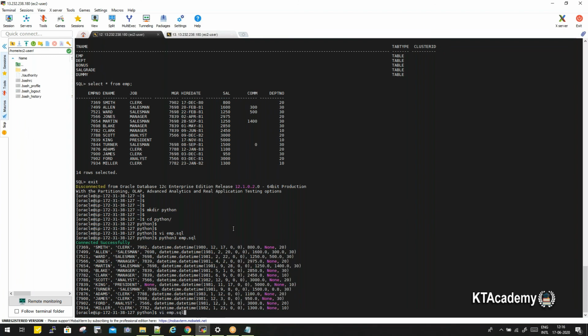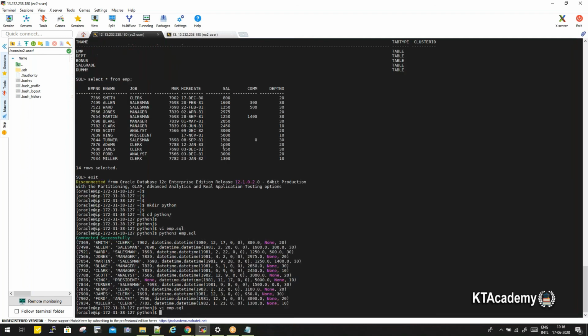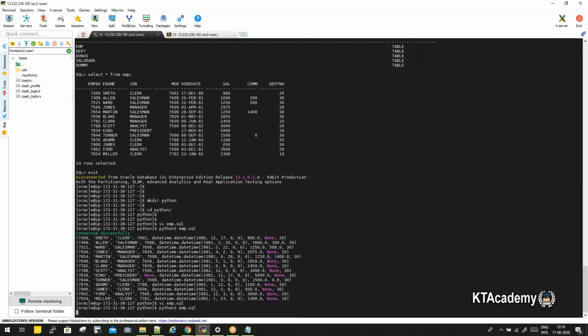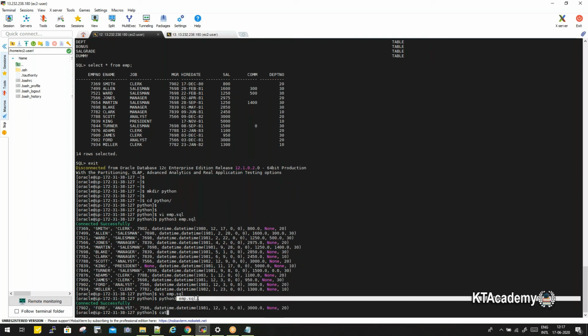So now I am using the vi editor again, and I am changing the select statement. After emp I am going to write where employee number, empno equal to, and check my empno. I am going to write 7902. So let's save and quit and execute the same script again. So this time I have pulled only one record which belongs to 7902, and this is the script I have executed. Let me cat it.